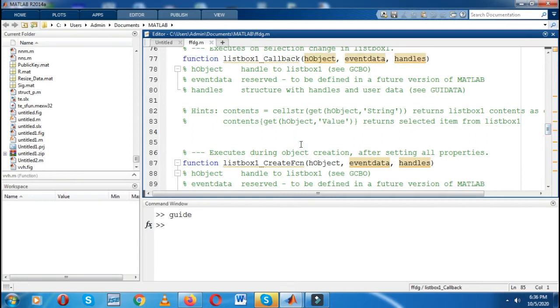So here I have to write a program. A very simple program: I have to take values for A and B, then perform addition, subtraction, multiplication and division. So first I will take the values. I will write value is equal to get in bracket